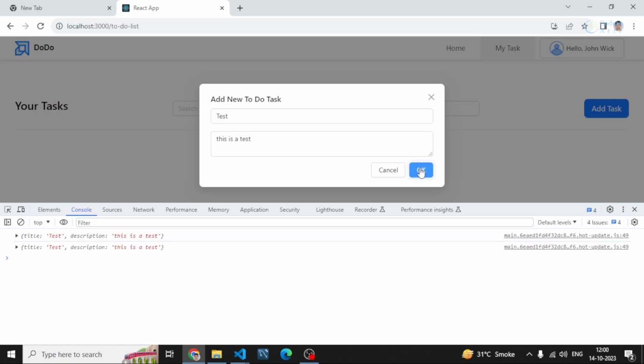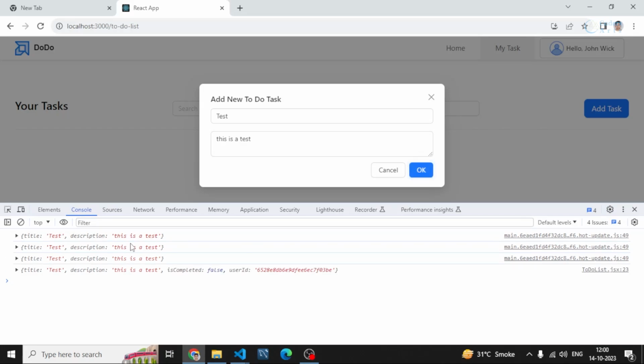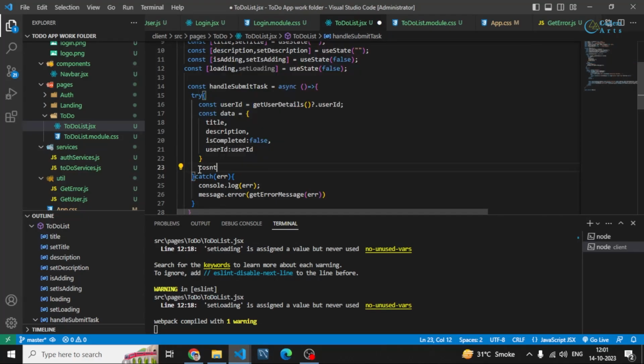Now if I click again, let me just do it one more time. Okay. Yeah, you can see user ID is there and is completed is false. Now I can send this data easily